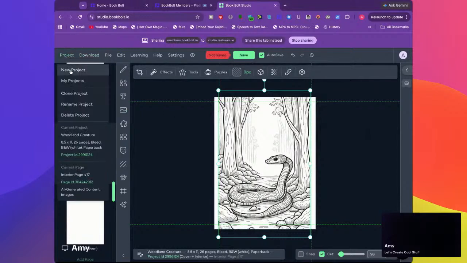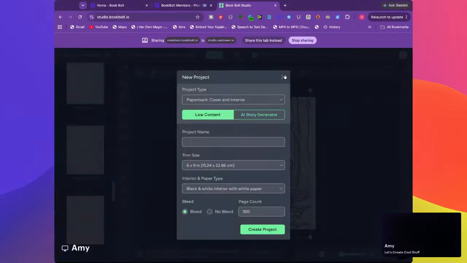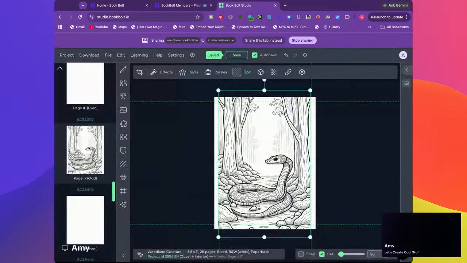Okay, so if we go back over to, again, new projects, if you wanted to create anything, your trim size is here. You can do an AI story generator. That'll be for a different live. But hopefully this was helpful and it gave you some ideas as far as how you can create an activity book. Let me know what questions